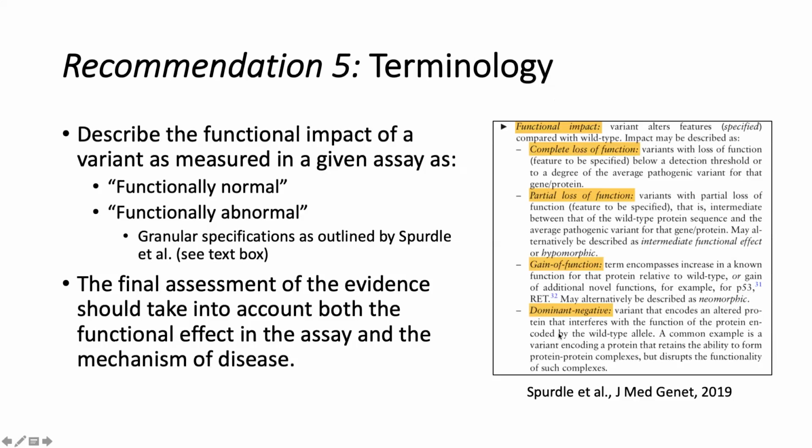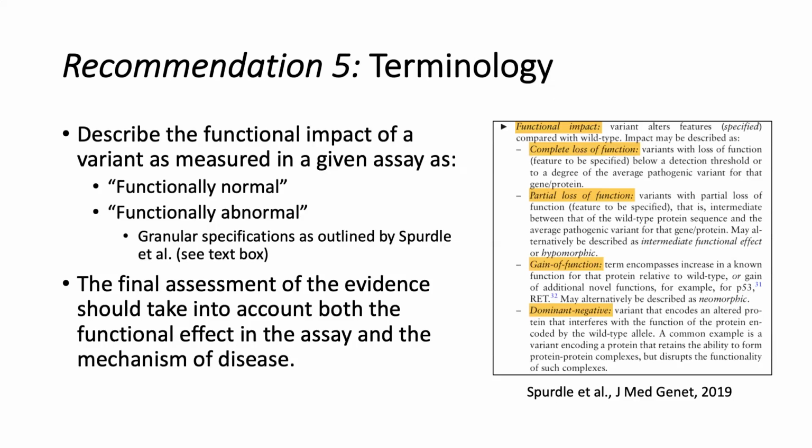And we specifically chose these terms, functionally normal and functionally abnormal, because we've seen lots of different terms thrown around in the literature describing results as benign or pathogenic, but that really falsely equates functional impact with an interpretation that involves a number of other evidence lines. It would be inappropriate to look at an assay result in isolation and determine that the variant is benign or pathogenic. We also recommend you not use the words deleterious or damaging to describe the result of an assay,